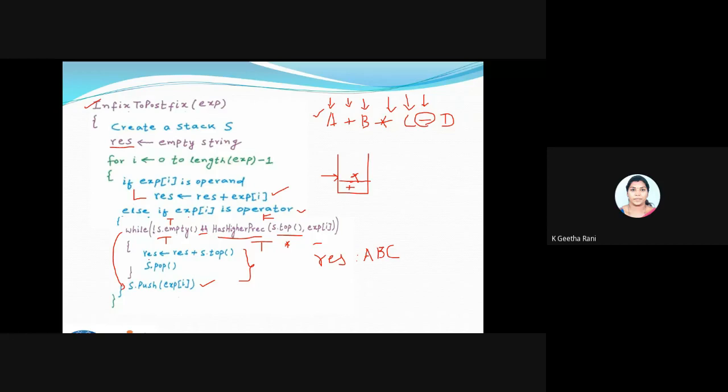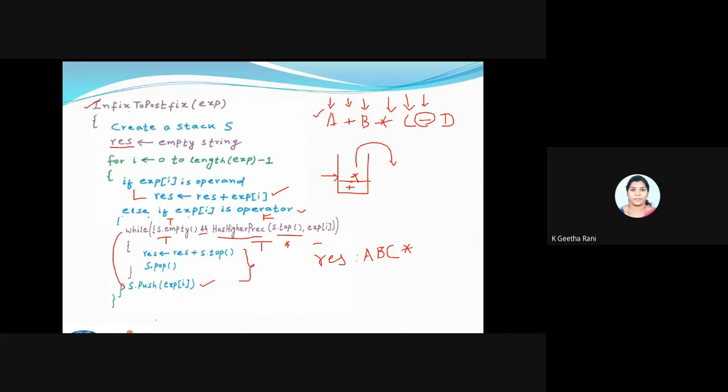Inside the while loop, what I'm having: just put this top value inside the result and do a pop operation. So I have to put this top value inside my result. For this I'm doing a pop operation. I will just put this star inside my result. So my star comes here.